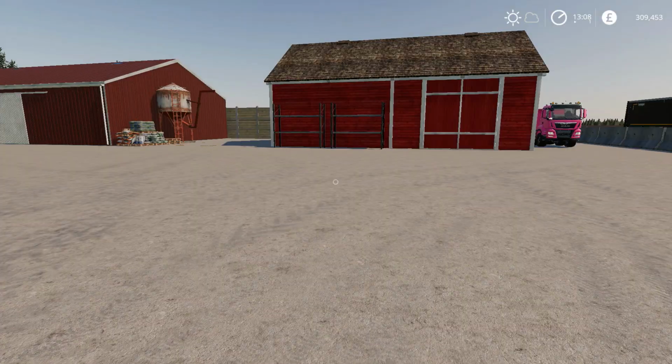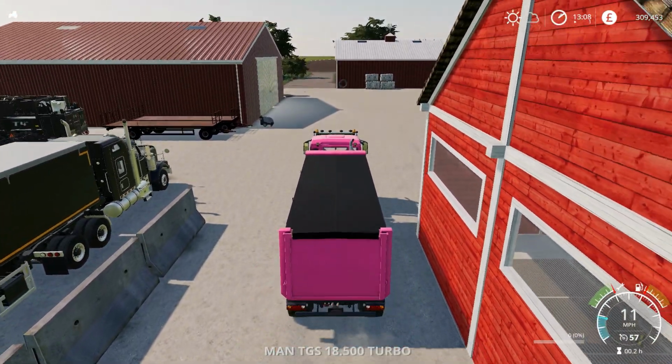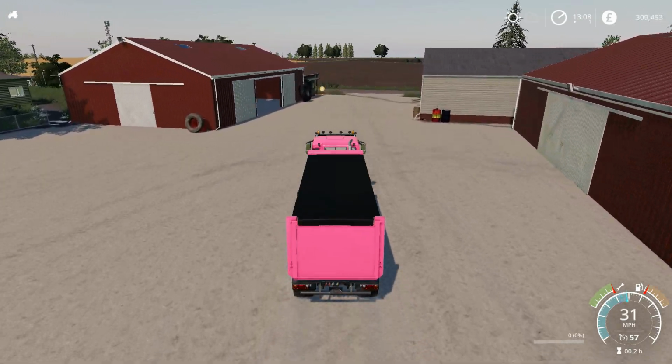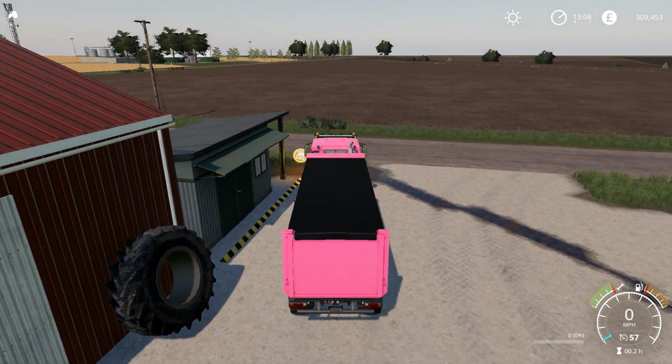So now we've done a bit of decorative work on the ground to get rid of the grass and make it look a bit neater. Not quite as neat as I want it, but unfortunately, we can't get too close to the road because it won't allow us. So let's go park it in front of it. Let's go change the pink. And let's go match the rest of the